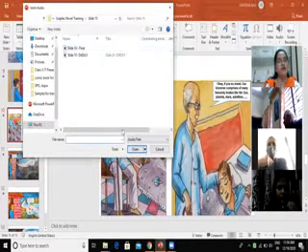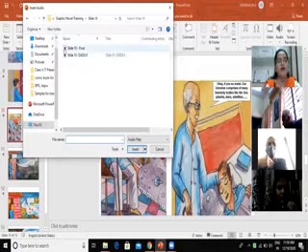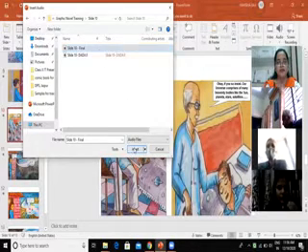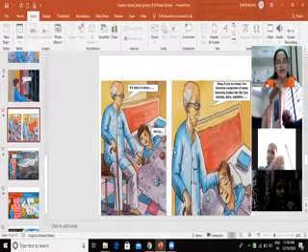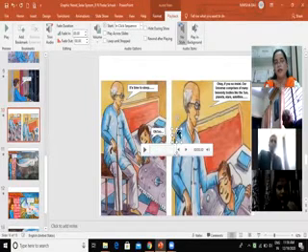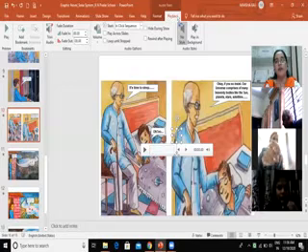So I'm going to choose the location now where my dialogue is, where the audio clippings are saved. So it is in the slide 10 folder. And here we have slide 10 final, the finally edited and merged audio. So I'm going to choose this and click on insert. As soon as I click on insert, you will be able to see a speaker icon appearing here, and also a playback tab will appear at the top.